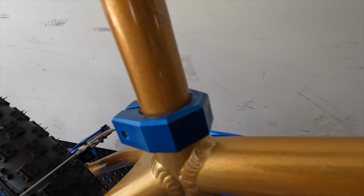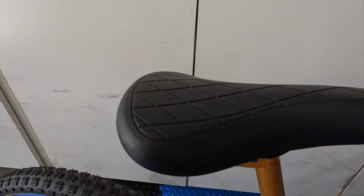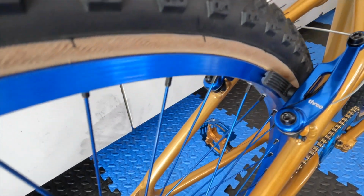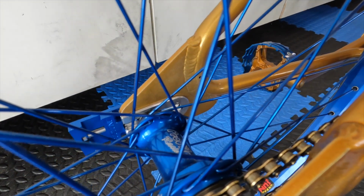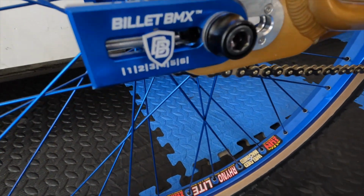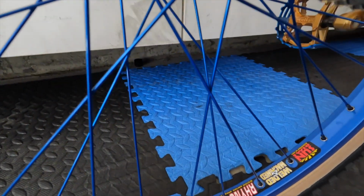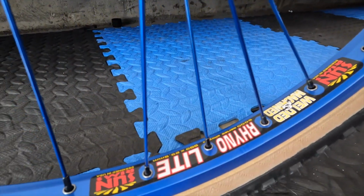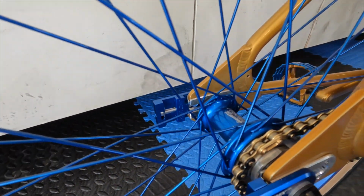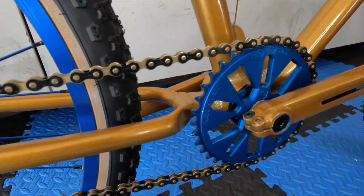But you'll see, again, Night Bike seat post clamp. Powder coated the seat post. Got a quilted padded seat. Box V-brakes. And then I went a little crazy in the back. I got Profile Elite Racing hubs. You can see the billet BMX chain tensioner with the dropout armor, and then the Sun Rims Rhino Light wheels, black nipples, blue spokes, blue hubs, the Zoomy black and gold chain, and we're going to come up to the